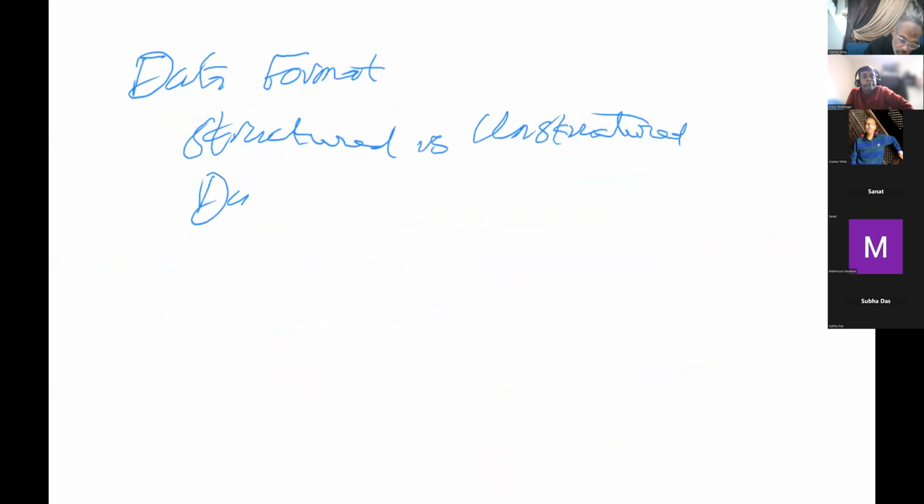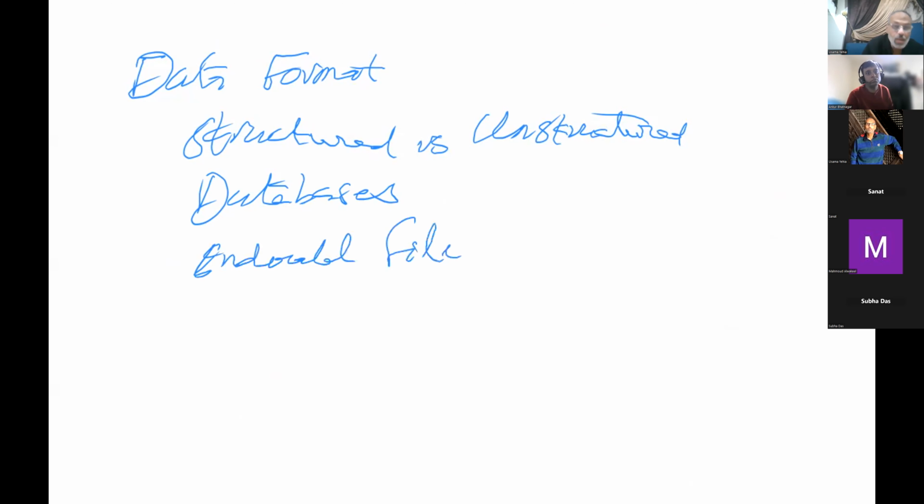Is it databases? Is it individual files? All this information, you will find some solutions support structured, some solutions support unstructured, and so on. Then you have to define what the data format is, or how the data is represented and how it will be stored. For example, gentlemen, let me give you one of the main examples which we found before from our practical experience. If you want to archive some data,